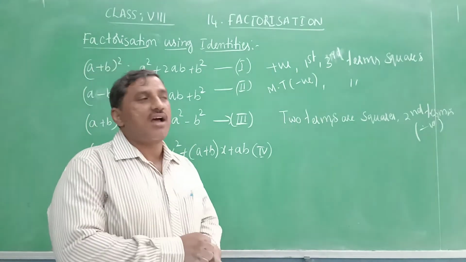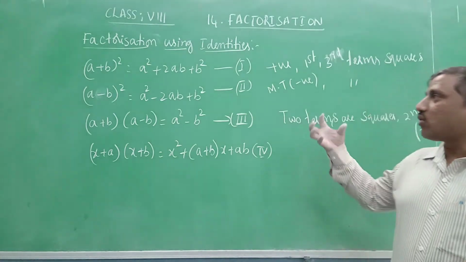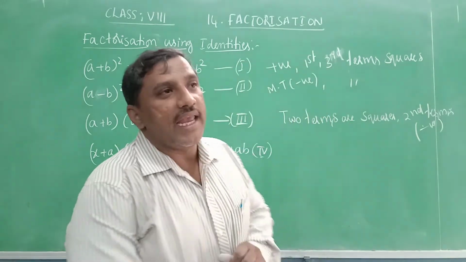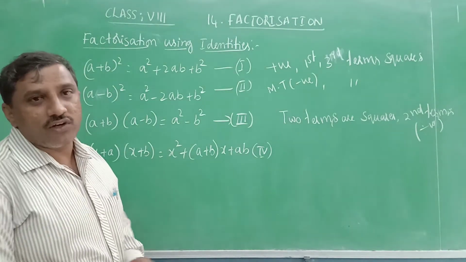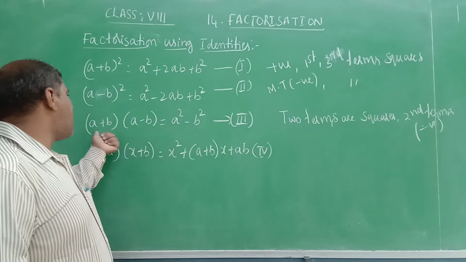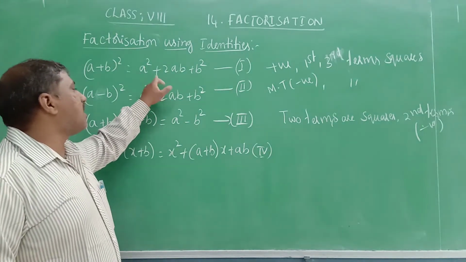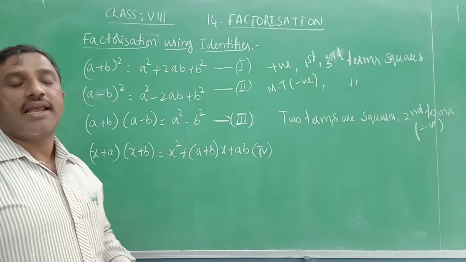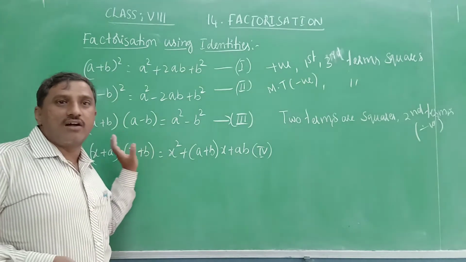Now we have an idea which identity can be used at what places. All the questions we will find will be in the RHS form. If the given expression is any of these RHS forms, then their factors will be the desired LHS form. If it is in the form a square minus b square, the factors will be a plus b into a minus b. If the expression is given as a square plus 2ab plus b square, then the factors will be a plus b whole square, that is a plus b into a plus b, two same factors. Is it clear, children? The algebraic identities.